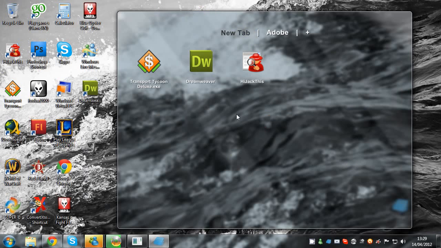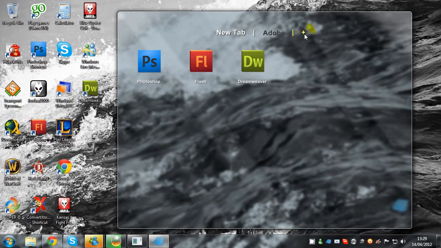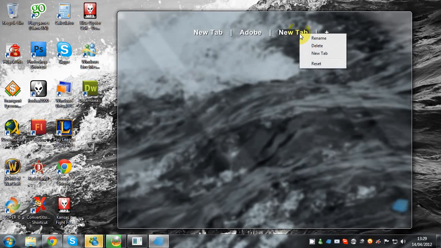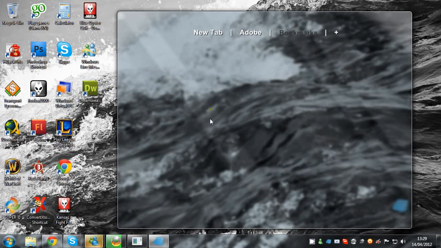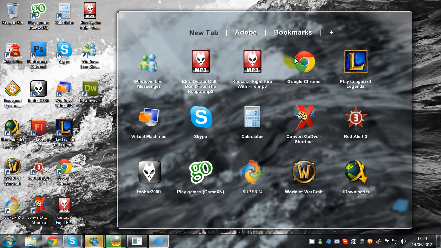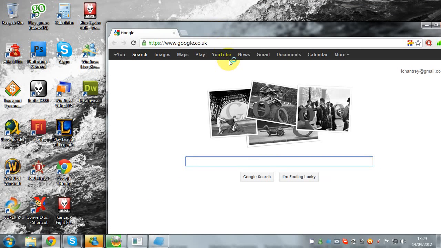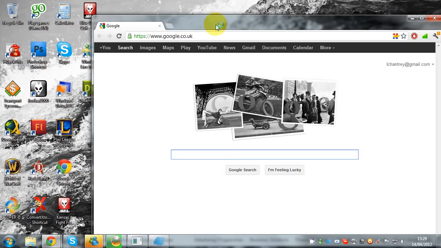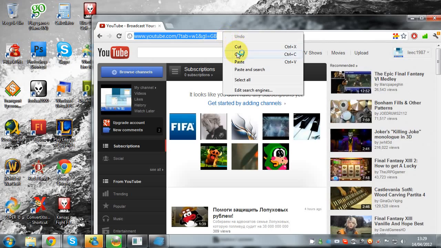Also, I'm going to talk about how you can add URLs into ViPad as well. So you can have like bookmarks, if you like. Make a new tab, call this bookmarks. If I open Google Chrome, yeah, why not? No, that doesn't make sense to have my home page as a bookmark. Let's say I go onto YouTube. Let's say I want to make that into a bookmark. So I copy that,